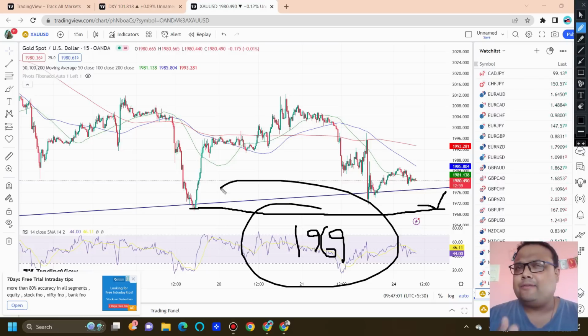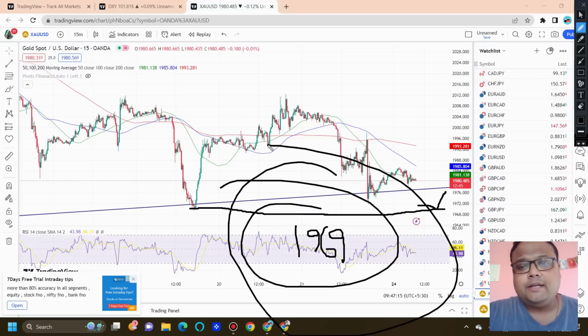To be honest, as I have already shared, I have stopped swing trades. Okay, I'm simply going for small day trades where I'm just targeting 40 to 50 pips. That's it. So in this case of 1969, the volatility of the market will play a major role,